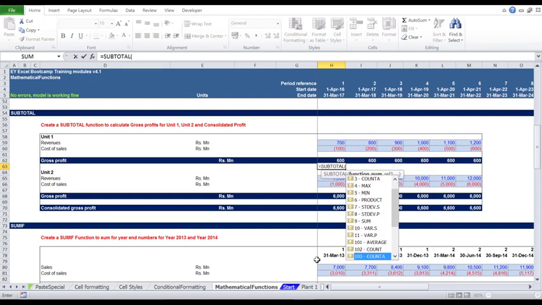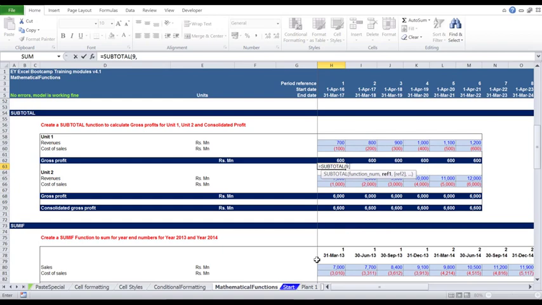From 101 onwards, they will not ignore the hidden rows and work much like a sum function or an average function, which we will learn about later. Let's say for now we want to sum these because revenue minus cost of sales is gross profit. I say 9, press tab,